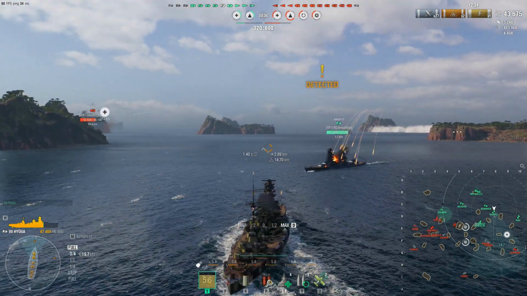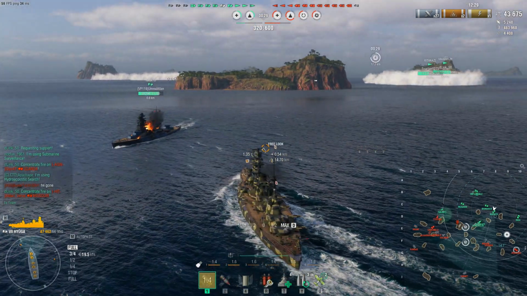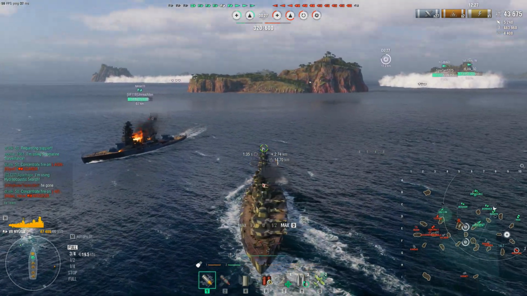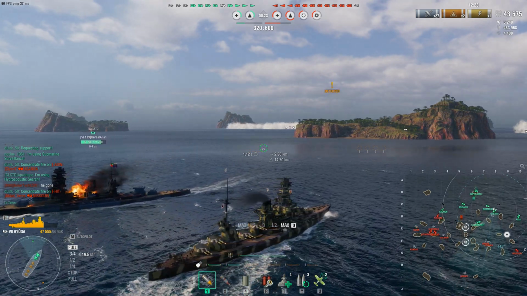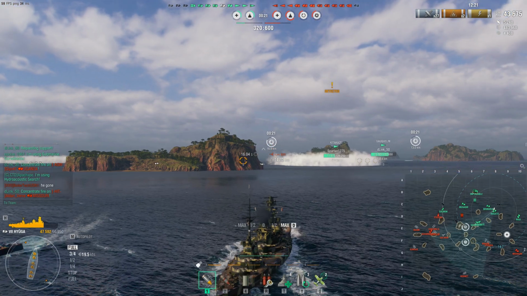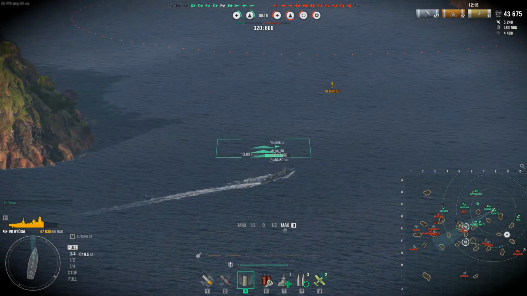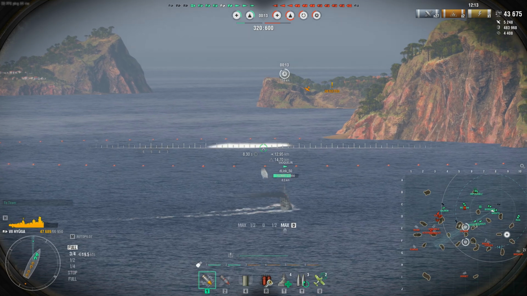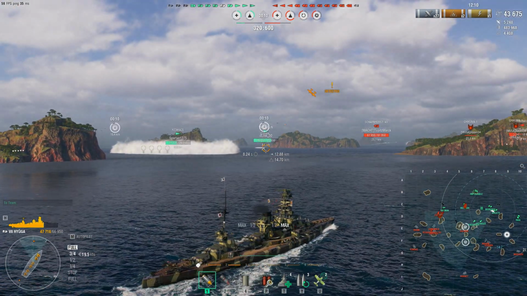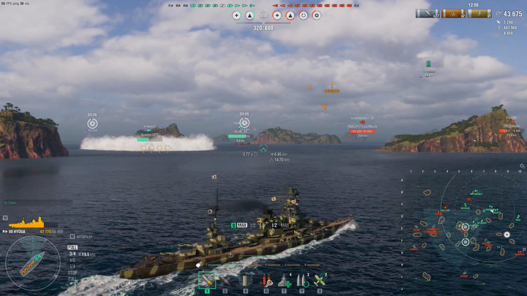So what I typically do with the Hyuga, especially when you get stuck in high-tier games, is you kind of just spam HE at longer ranges, and when those ships put out their fires, you pop that reload booster, and you get another 24 shells headed their way. And if you know how to aim, you'll probably be setting a fire or two with that HE chance and the amount of shells that you're throwing at the target, so you're doing pretty consistent damage